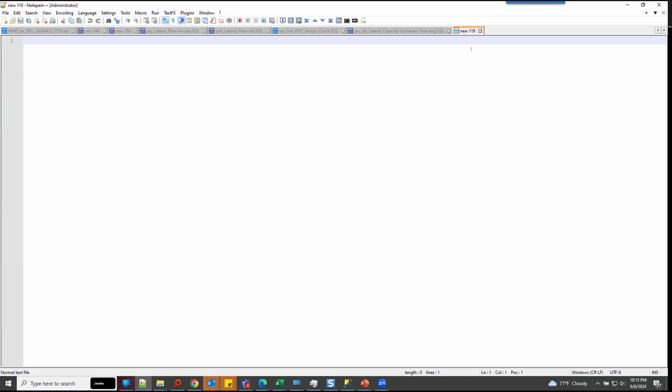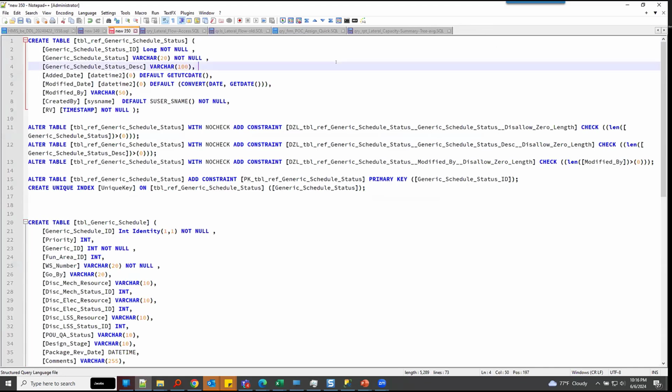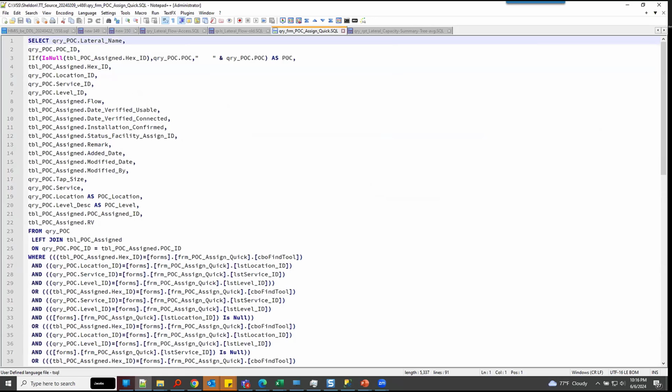The advantage of Notepad++ is I can reboot my computer right now, and all my tabs will come back. I've got hundreds of tabs open, and I do some house cleaning once in a while and close them down. But there's also